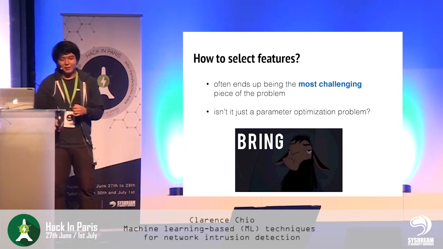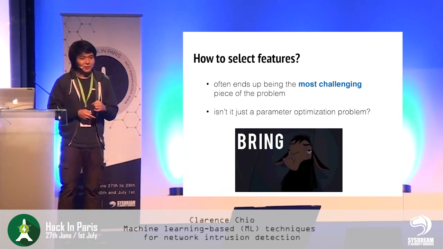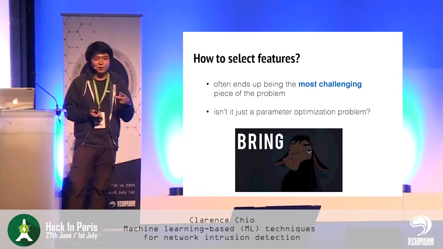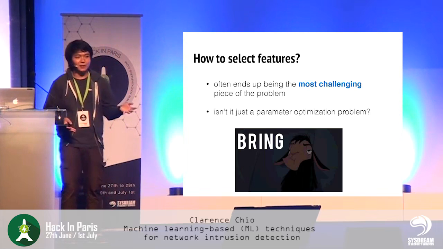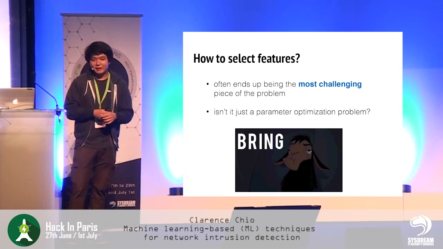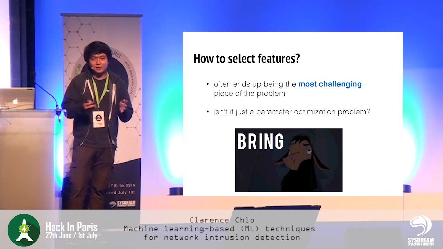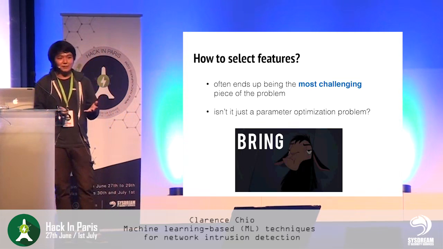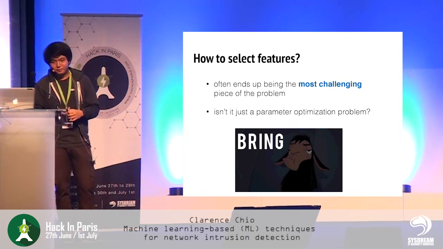But isn't it just a parameter optimization problem, you might think? So if you had 1,000 features and you want to find the most important 2 features that can help to map your data points, your events onto an x and y axis for you to do clustering, then can't you just choose different permutations of these features and then just find the one that gives you the best problem?